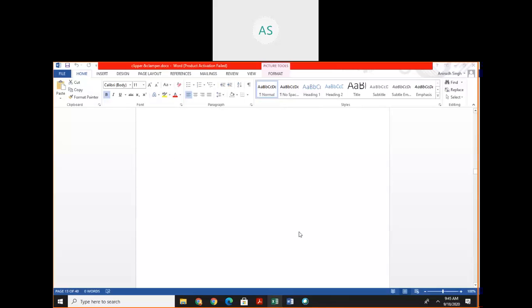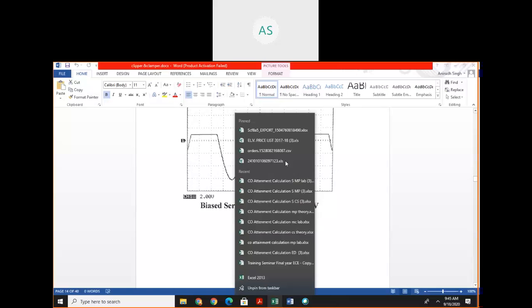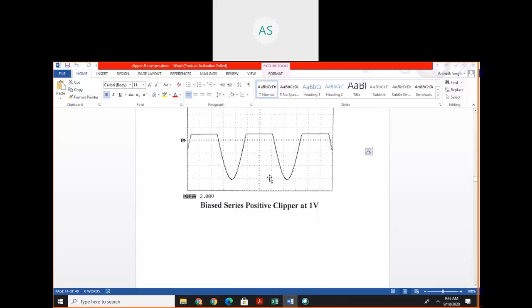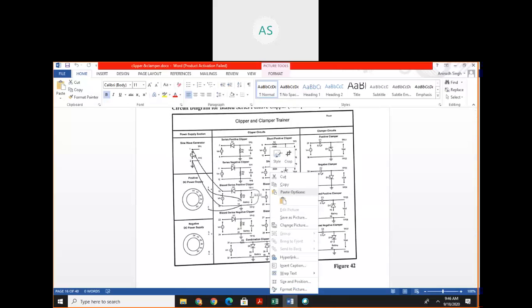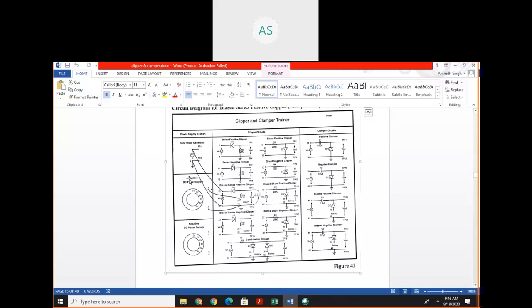Next, similarly, this is the input terminal in all cases. The sine wave generator is connected between these, and the CRO is connected between our output, and we get a wave like this. The negative portion is clipped off. Similarly, the sine wave generator is connected between input, the CRO is connected between output, and we get a wave like this. Then we discuss the case of